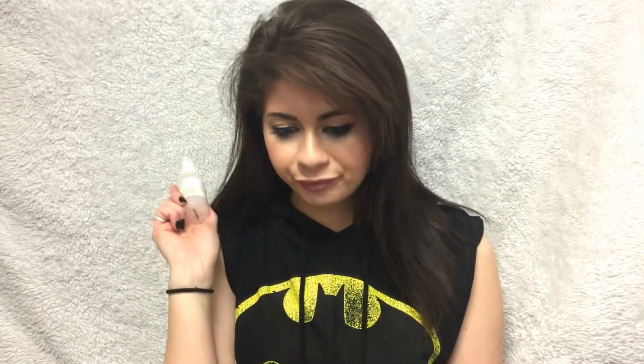It's only like $7 for a full size. This one is a mini, it's only $5, but I do recommend getting the full size because I have gone through this quite quickly. This is fantastic, and I highly recommend it, and I do think it is worth the hype that I got. Alright, so my last product is the Beauty Blender, and this has been around for years,